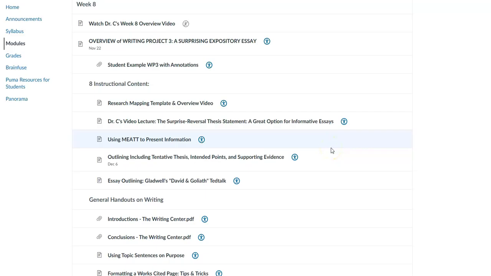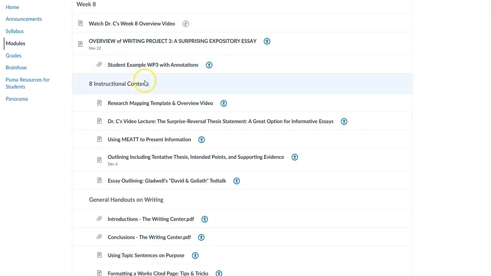Don't be too afraid of all of this content. I am sharing with you a lot of resources, a lot of handouts, and some really important lecture videos on how to use that content and come up with a plan for this essay. First of all, I have a good and very simple student example of the type of essay this is going to look like, so you can see the basics. It's a good essay to show you the basic sections of what is required here.